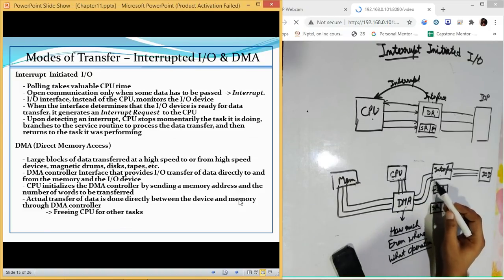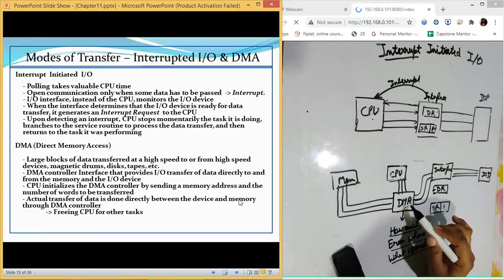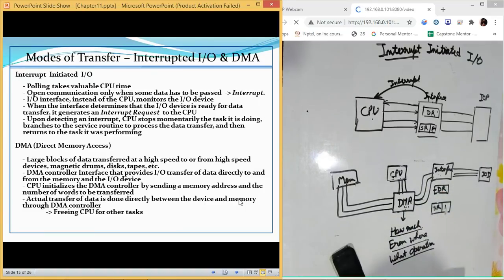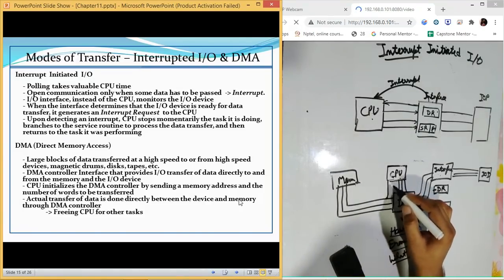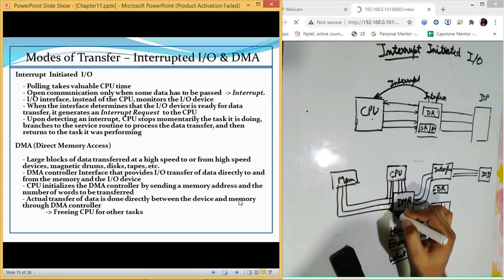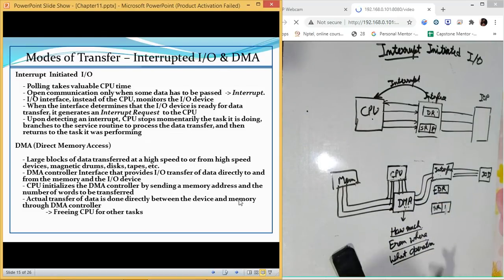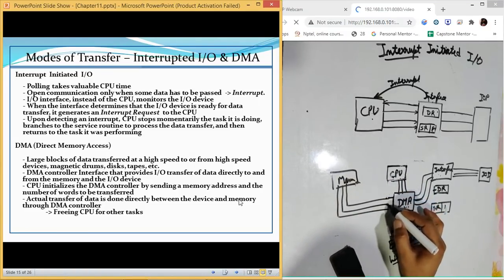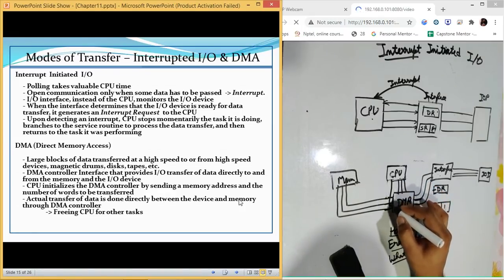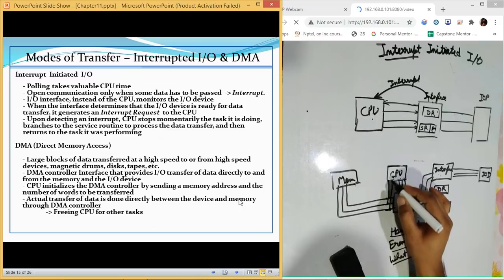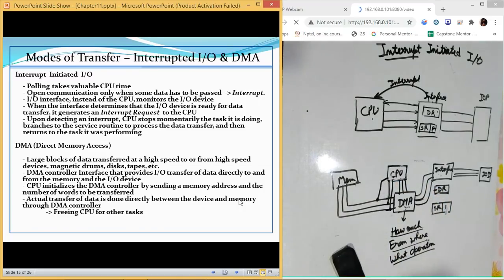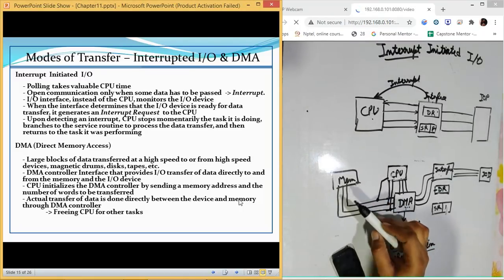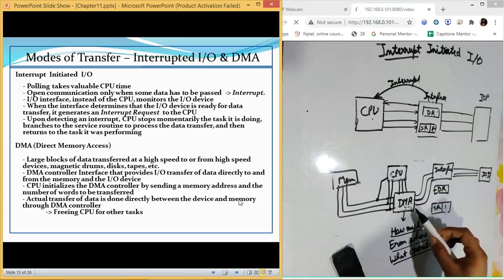It will send that interrupt message to DMA, and DMA will further tell the CPU that I want to access this memory bus, because the CPU also has a connection with the memory bus, as it needs to use the memory. Both of them have a connection with memory, so memory is shared between CPU and DMA.